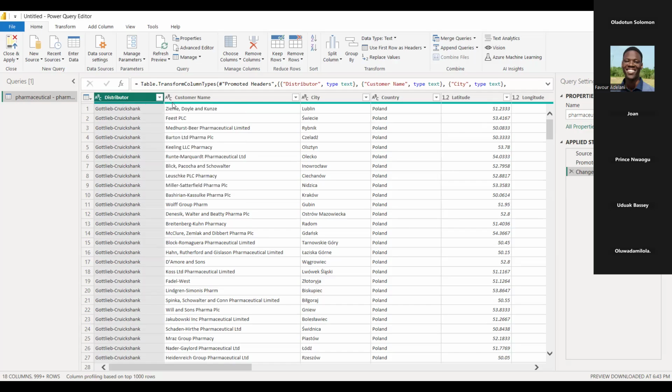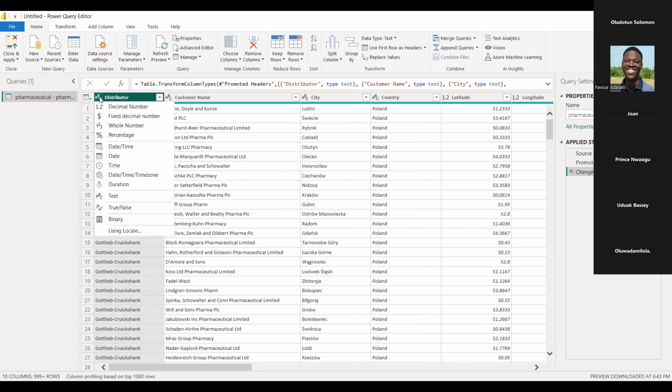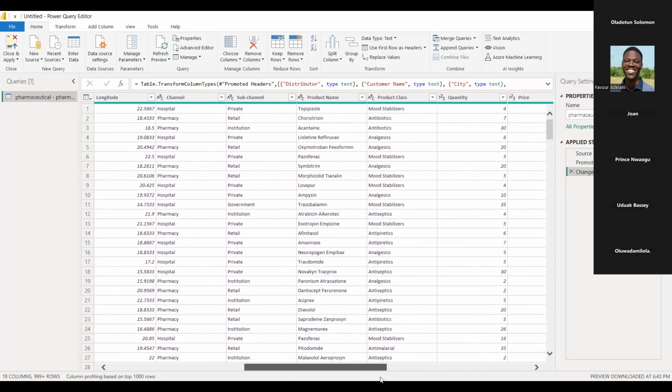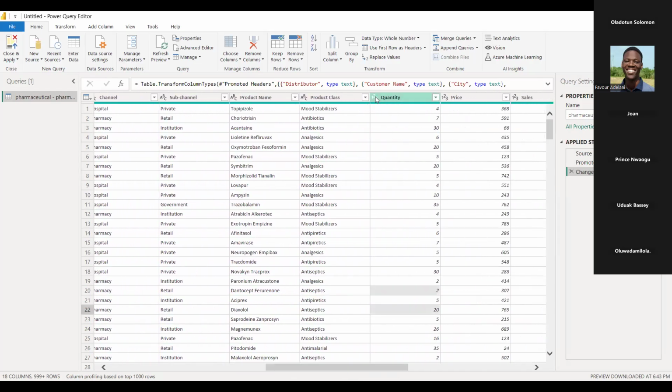But as we can see here, this is showing that this column is okay. So I'm just going to scroll through, and okay, this is in the right format. Now, can somebody tell me quickly what this 1, 2, 3 that is right next to quantity and what this ABC that is next to product class means from our knowledge from the Excel class? Like I said before, I'll just be taking us back on some of the things we have learned today, like a refresher.